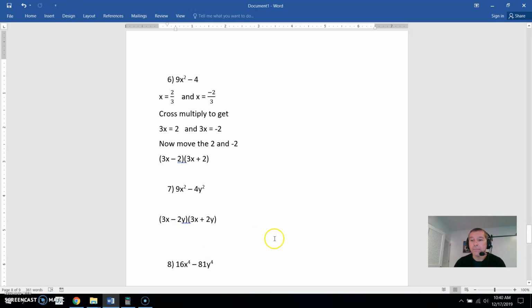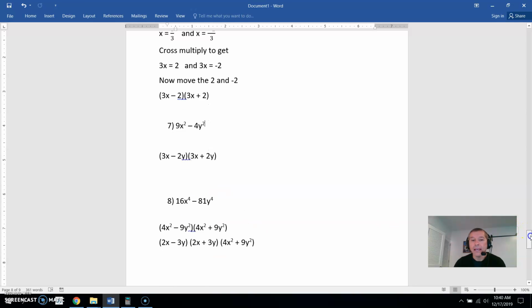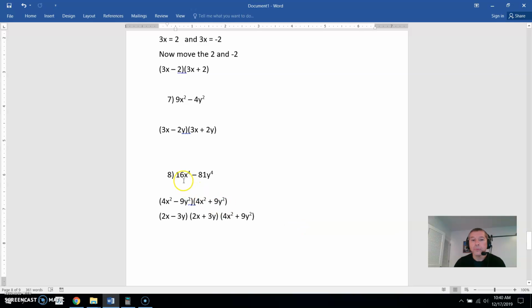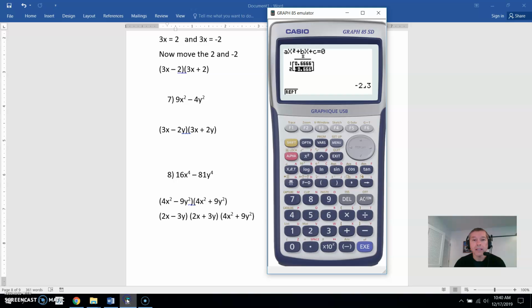Let's go down to problem 8, and I'll show you how this one works. So we will use the same area here. I know this is a 4th degree equation, but if I go back to where I have degrees to choose from, there are only 2 choices, 2 or 3. But this one is 4, and it can actually do it under the 2 area, and I'll show you how this works. So we put in the 16,